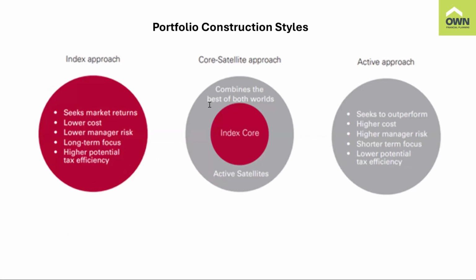So I'd like to start by discussing three main portfolio construction styles: index, core satellite, and active management. So it's important to recognize when it comes to asset allocation, there's no perfect solution. There are pros and cons with all options, and the aim is to find the solution that best fits your needs and investment preferences. A pure index approach seeks to give you the return of the index at the lowest